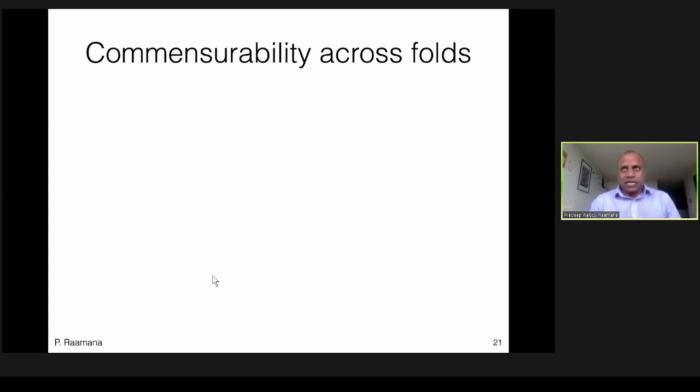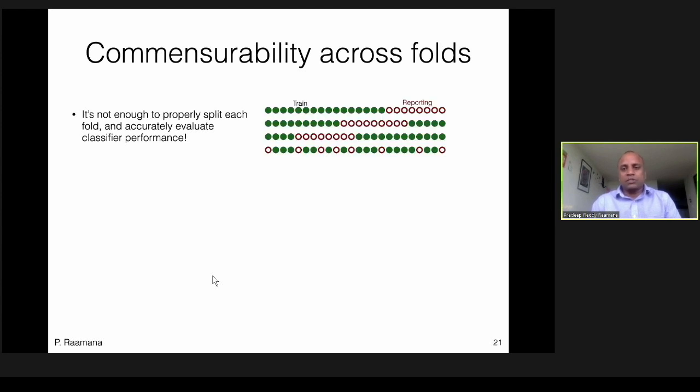So you split the data well, you take care of the training and tuning and deconfounding properly. But another important thing is to make sure the performance metrics you choose and estimate are actually commensurable across the cross-validation splits, right? So, for example, in this one repetition of cross-validation, you may get an AUC, and as you repeat it, you can